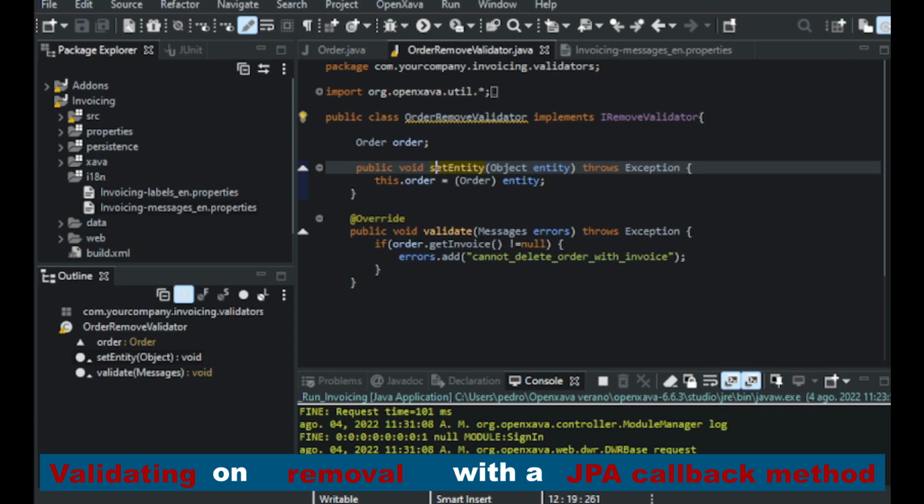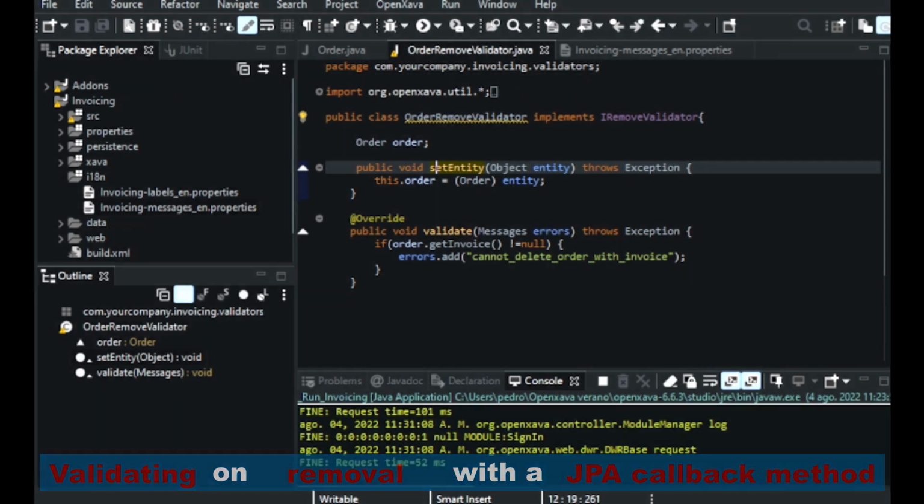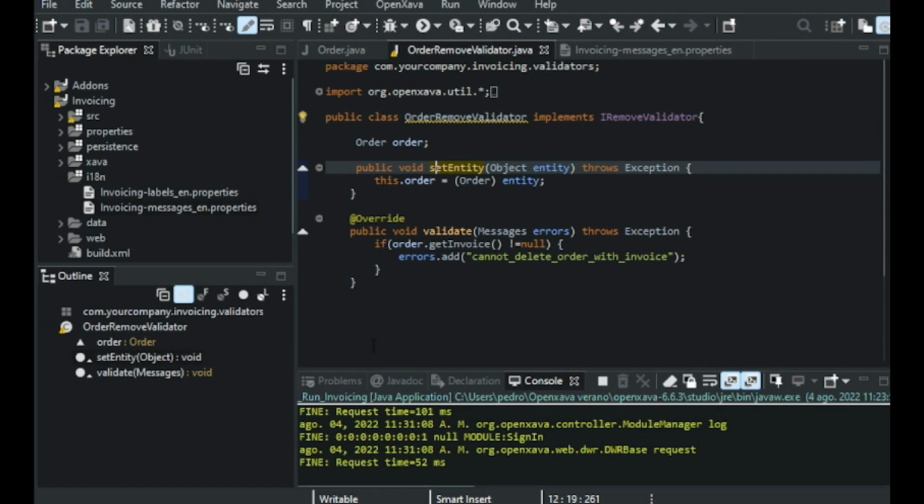First, we're going to remove the OrderRemoveValidator from the project, and we're also going to remove the @RemoveValidator annotation from the Order entity, just as you're going to see right now. So to do this, first we have to remove this class from your project, the OrderRemoveValidator class.